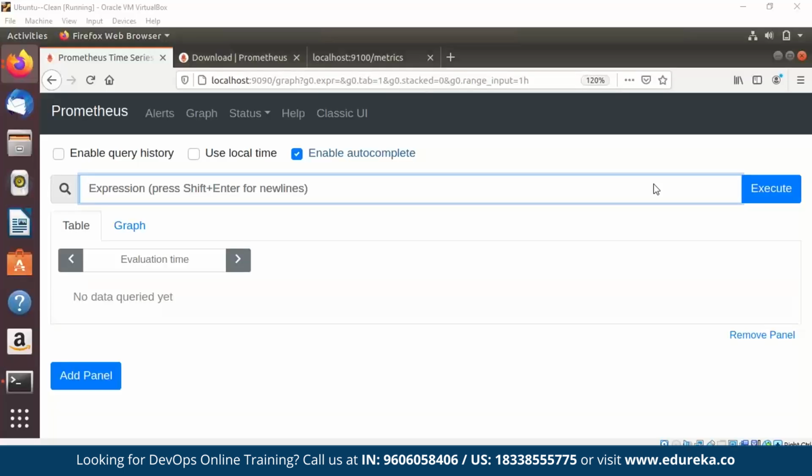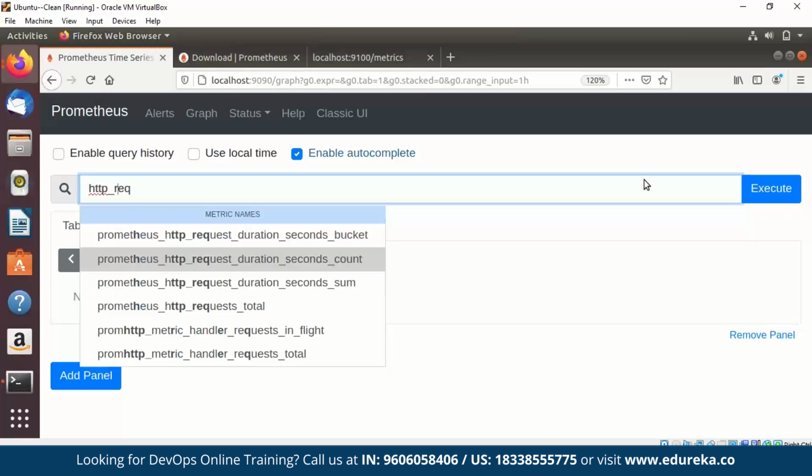Before moving on to the next part of the session and configuring Alert Manager, let's understand querying a little bit more in detail. Prometheus, as we all know, fundamentally stores all of its data as time series, right? Each time series is identified by a metric name. We've also discussed this before, as well as a set of key value pairs that Prometheus calls labels. The metric name indicates the overall aspect of a system that has been measured. Let me just execute this query, prometheus_http_request_duration_seconds_total.